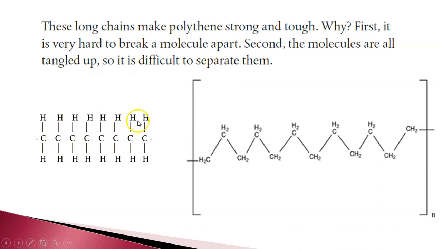Here you can see the structure I already showed. This is the structure of polythene. It has one carbon atom and two hydrogen atoms. Let me simplify it. Can you understand this structure now? It is C and 2H. I am writing it as CH2. That means it will be a chain like this, CH2, CH2. This is a chain of CH2, that is polythene. CH2 repeating so many times.